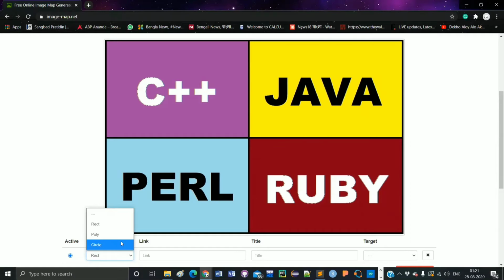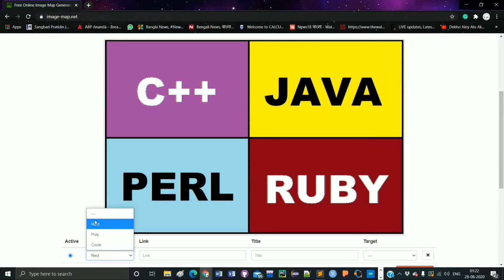Suppose I want to hyperlink a rectangular area in my image, I can choose rect. Suppose I want to hyperlink a polygon area inside my image, I can use the value poly. And suppose I want to hyperlink a circular area, I can use circle. So these are the three attribute values that can be used.